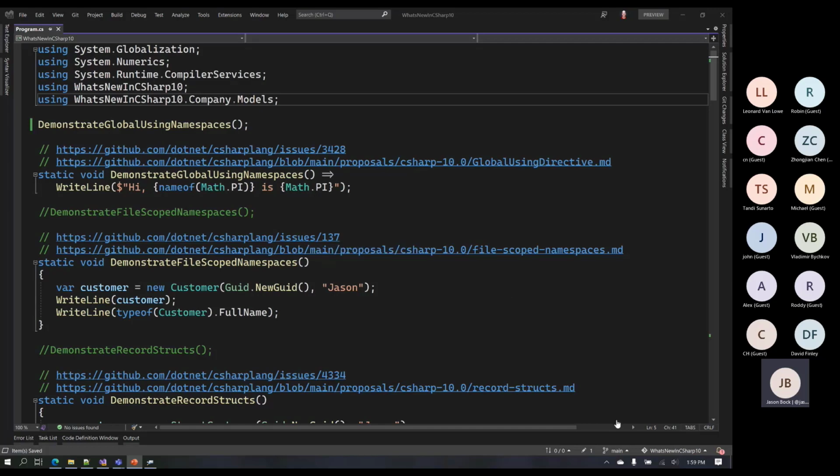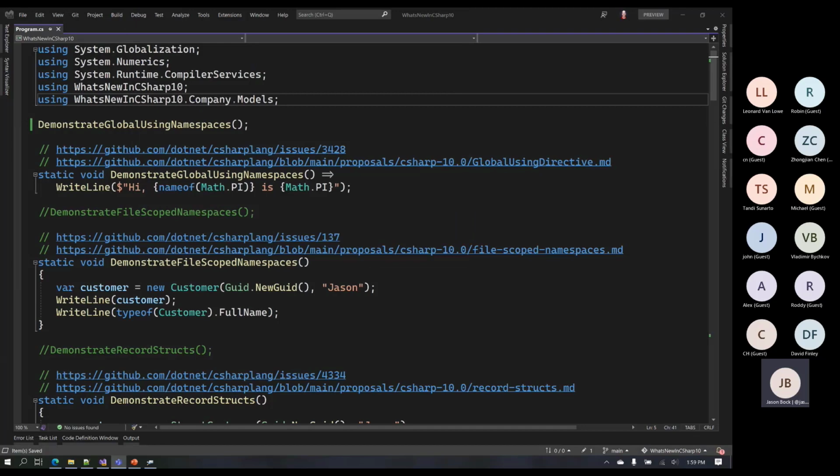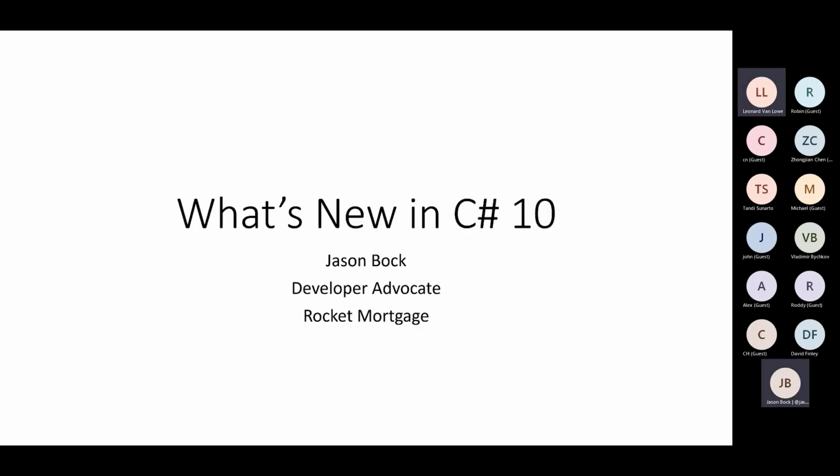I also, just as a quick note, tried to do the Discord for chat, and for some reason I can't. I can get into Discord, but it doesn't go into the Nova Code Camp channel or whatever it is. So unfortunately, I can't see that for any questions. But we'll figure it out. We'll ring it, so it'll be all good. All right, so without further ado, let's get started.